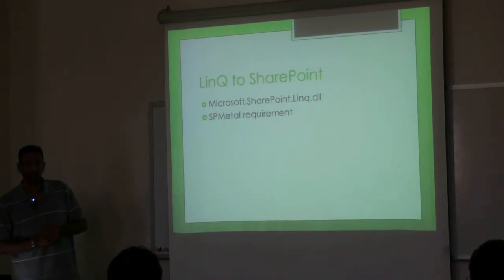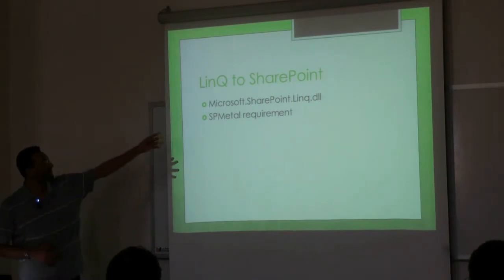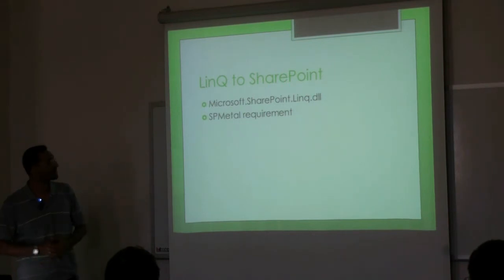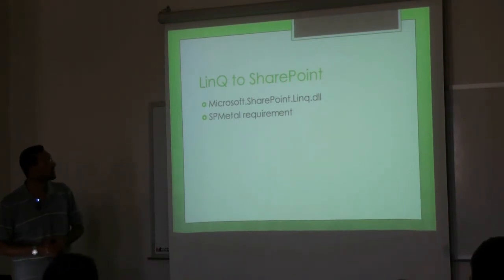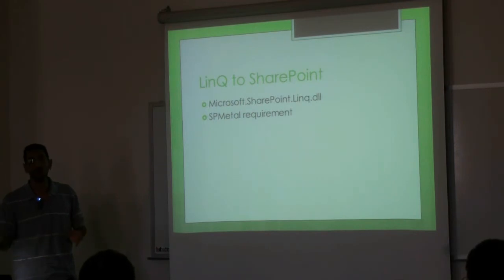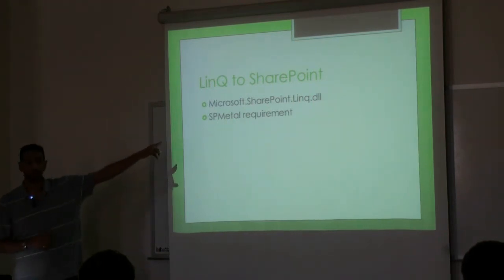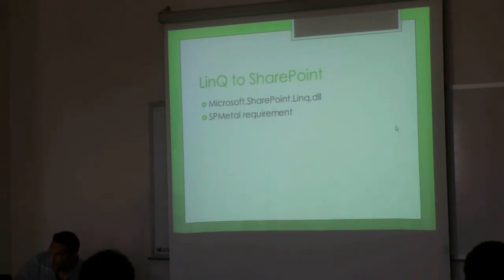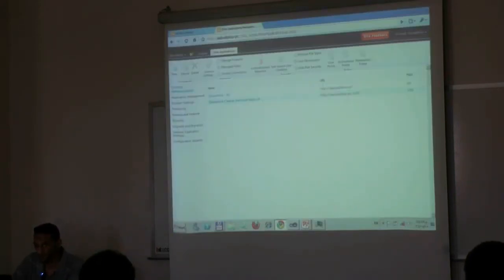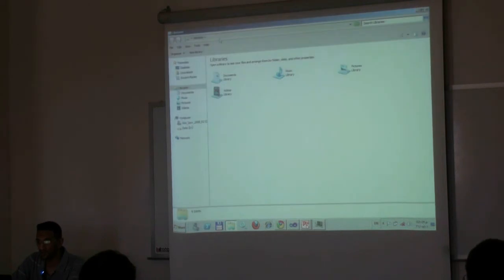But it's really very nice in terms of its syntax, and embedded SQL-like syntax. You can learn more about it, but you will see that there are new DLLs provided and namespaces as well within the ISAPI folder in your 12 Hive, no more 12 Hive, 14 Hive now it's called. And in order for you to create the code to work with your LINQ object model, you have to use SPMetal. SPMetal can be located actually in your 14 Hive, and let's navigate here